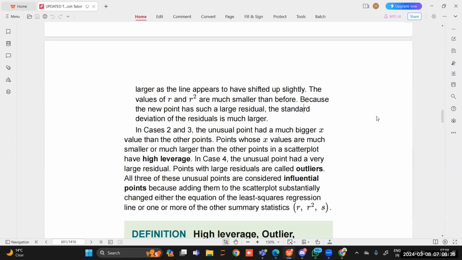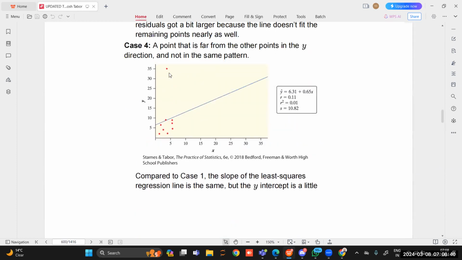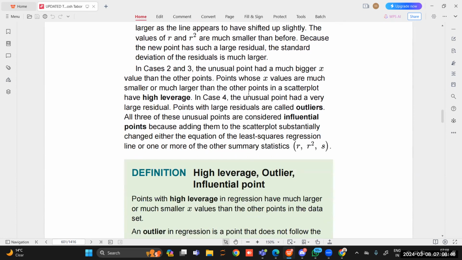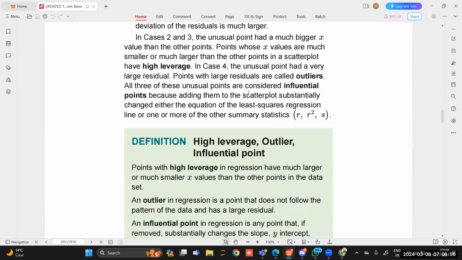In case 4, the unusual point had a very large residual. Large residual means if we draw a line here, the distance between y predicted and y actual is very large. So it will be a very high residual. Points with large residuals are called outliers. Mark it down. All three of these unusual points are considered influential points. Means what? We'll